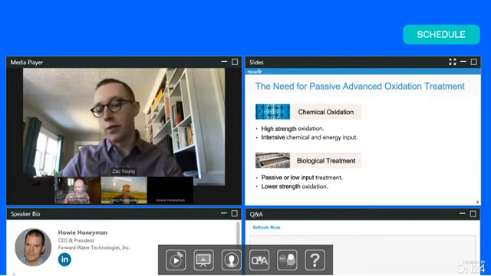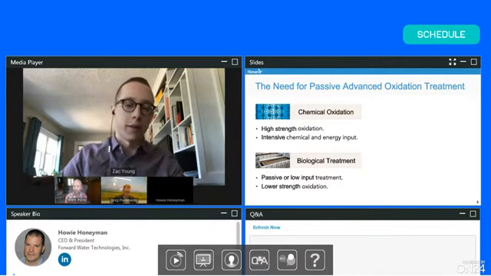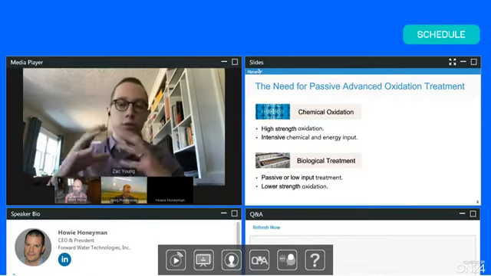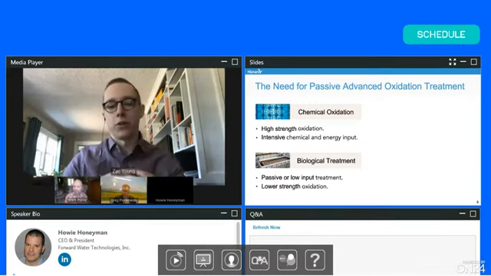So conventionally, this can be done through chemical oxidation, although that's a relatively intensive process, with a lot of chemical input to do that treatment. And though it's capable of treating those compounds, for some settings, it's just not an appropriate technology on a cost and operational intensity basis. Besides, there are biological treatment processes, which are generally more passive and low input. But conversely, there are these compounds that are difficult to biodegrade, maybe actually biotoxic themselves. And so a marriage of those two different technologies, having the chemical oxidation power but the scalability and passivity of a biological treatment process, was something that we identified as a gap that could be addressed using a process called